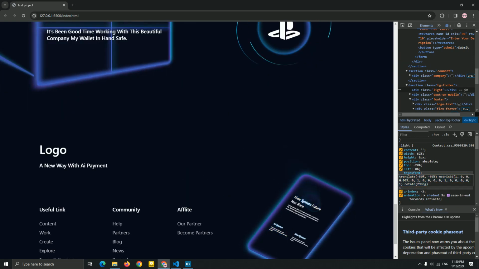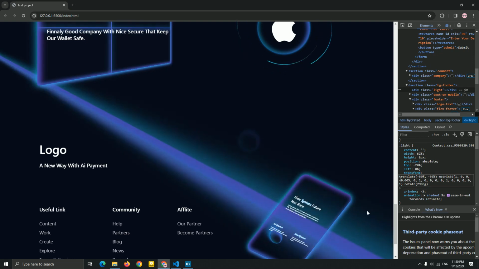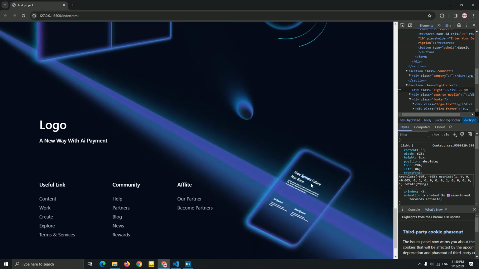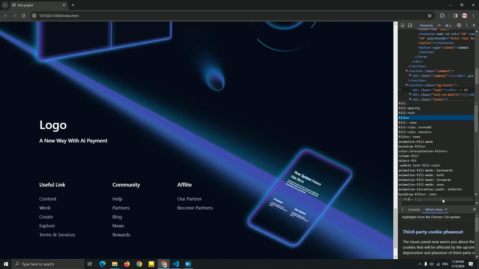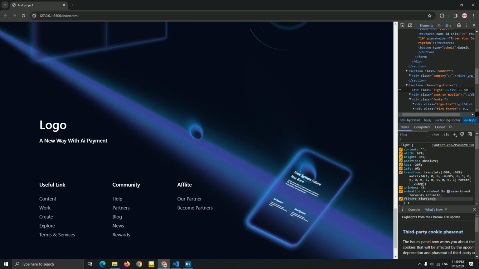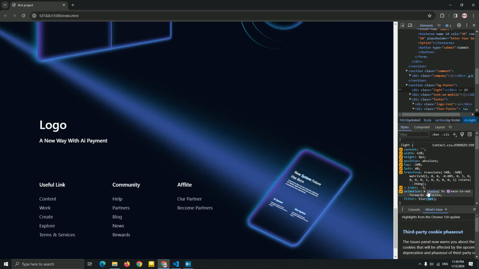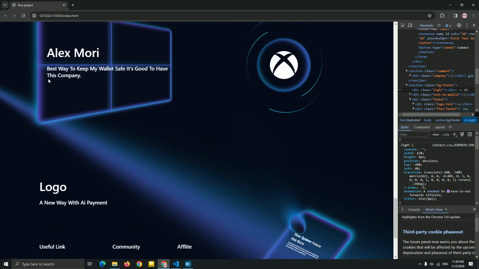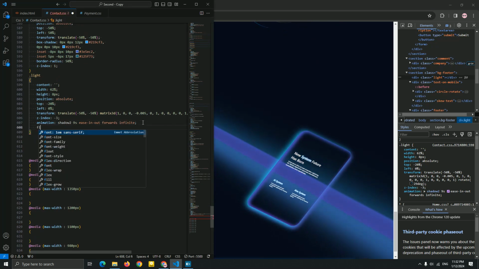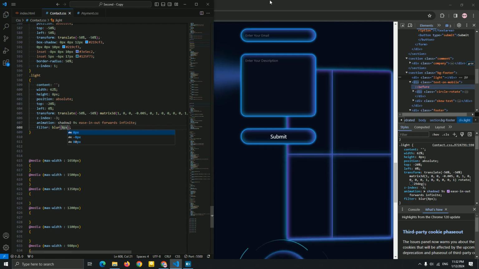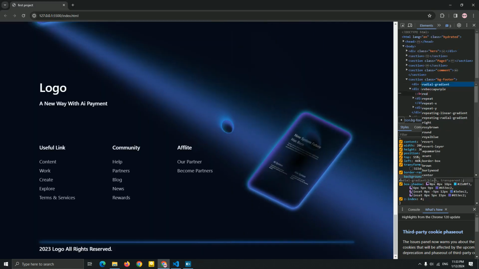So now let me just show you how to create a light. Just add minus. You can see we just created it right now. It's good, it's not bad. Okay, now how to hide it? Just add a filter blur, add 80 pixel. So this is our light, as you can see in the first video. It's not bad. I forgot about the filter blur, 8 pixel. So this is how to create it.